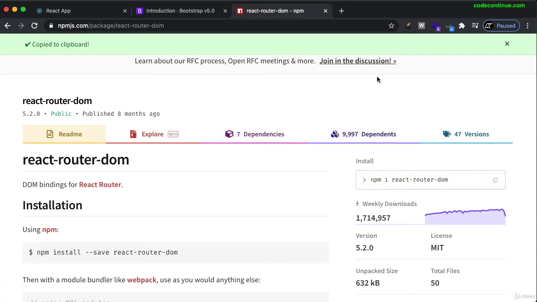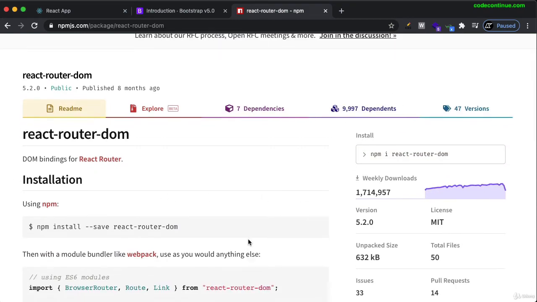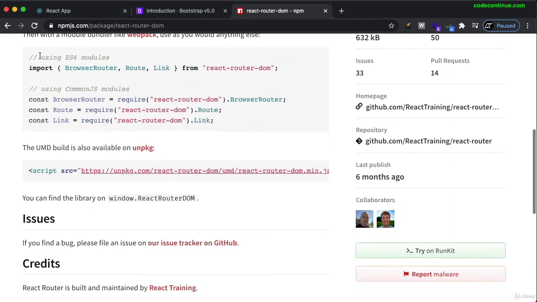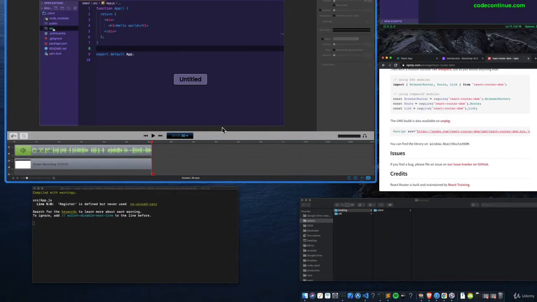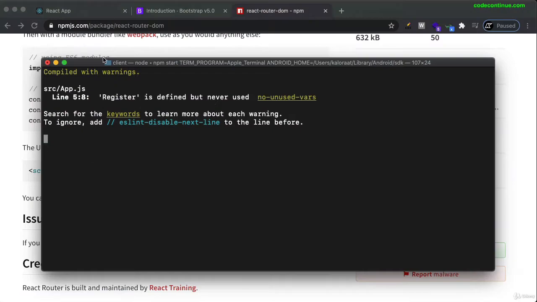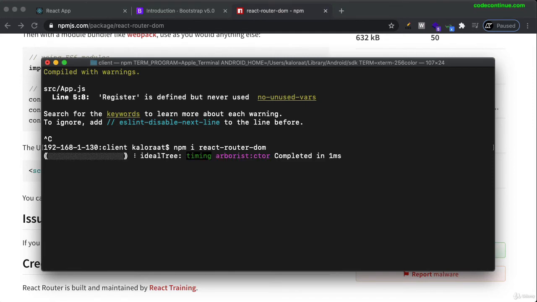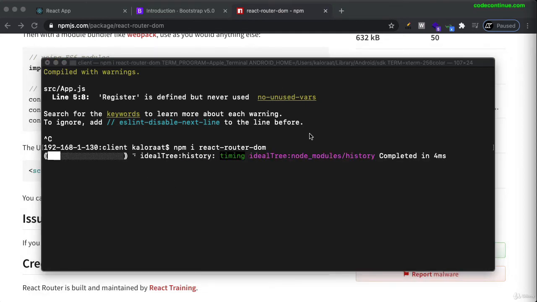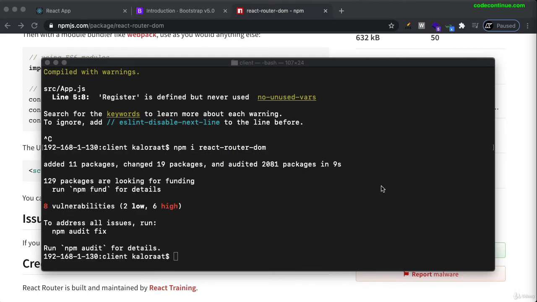So we can run this command to install React Router, and this is how we can use it. Let's go to our terminal, and let me stop the server for now and run this command to install React Router DOM. While that's happening, let's continue with our project. Okay, actually it's done. It's pretty quick. So let me start the server one more time